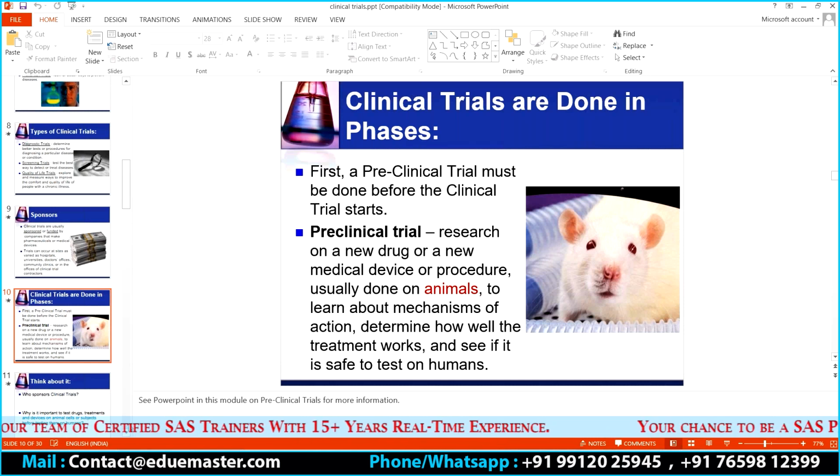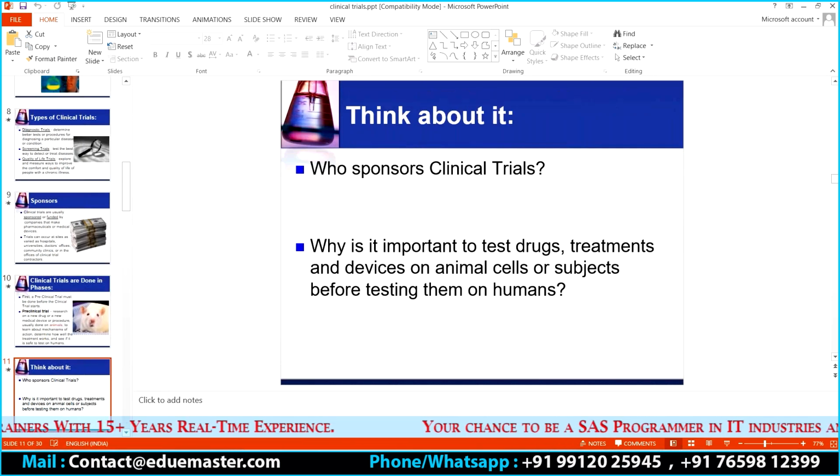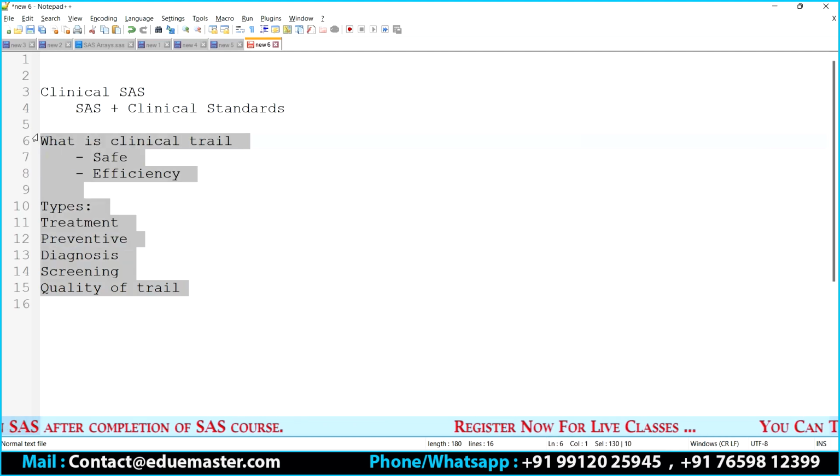Okay. Let's take a small pause here and try to understand this. Who sponsors the clinical trials? We understand this. Why is it important to test the drugs? We understand this. And why it is important to test the drugs on animals rather than human beings in the first stage? We also understand. All of you are clear up to this? If I summarize what we discussed up to this,